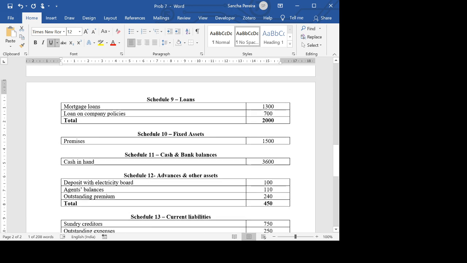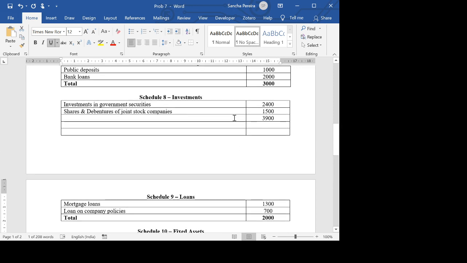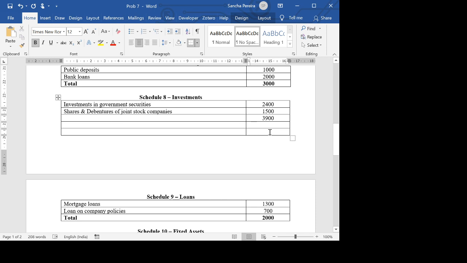Now, coming to the investments here, the book value is 3,900, but the actual value is the market value. When we show it, we can't show it at book value, we have to show it at market value. Whenever investments are shown, it's normally book value or market value, whichever is lower. So we show the investments at the market value, 3,600. The difference between the two, that is 300,